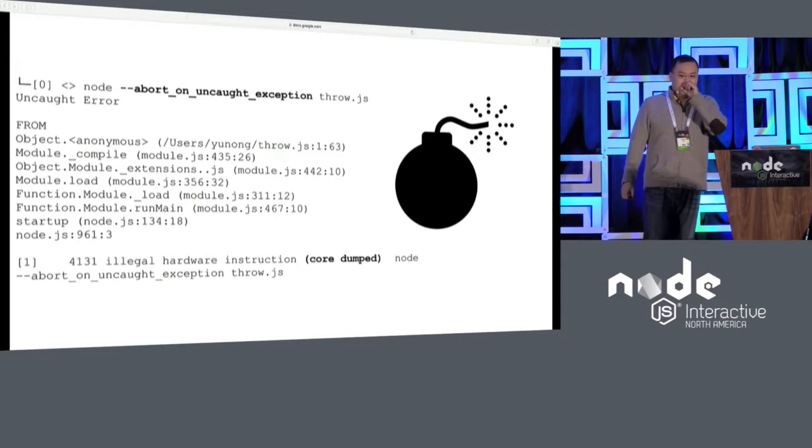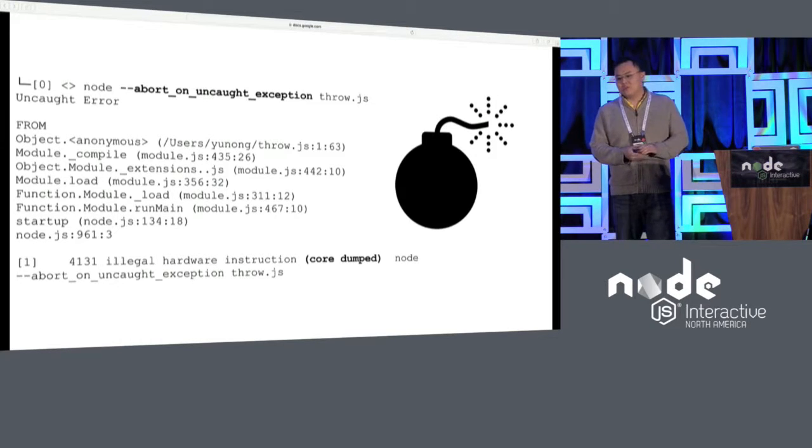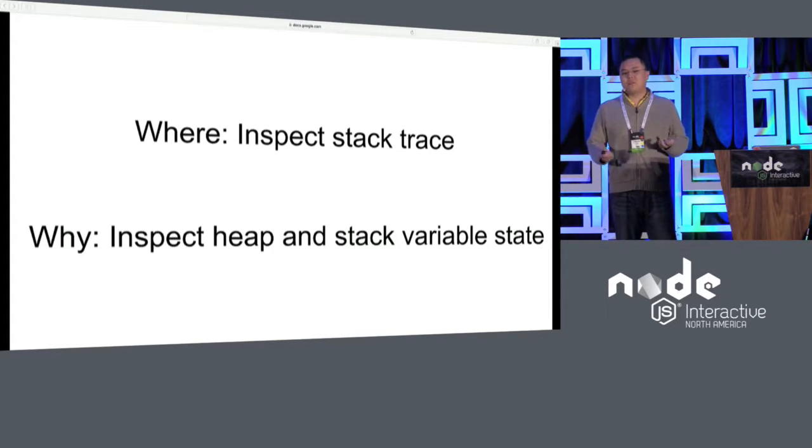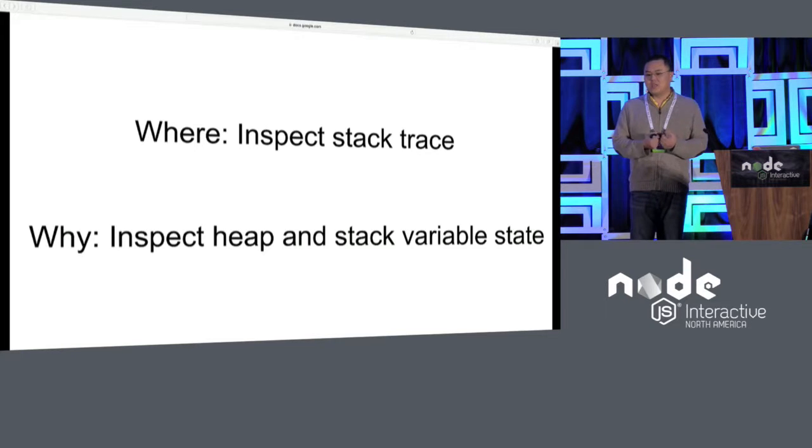So how do we do this with Node? This is one of the reasons we use Node at Netflix: there's a rich set of tooling available, and Rich is going to talk a lot more about that later on. You can configure Node to abort on an uncaught exception with just that flag. Now if there's an uncaught exception within Node, instead of just the stack trace you see there, it also dumps a core, as you see on the bottom. The operating system will save a core dump of the process. What the core dump gives you, in addition to where, which is the stack trace you normally already get, is why: what is it on the heap and the stack variable state that actually caused the process to crash?